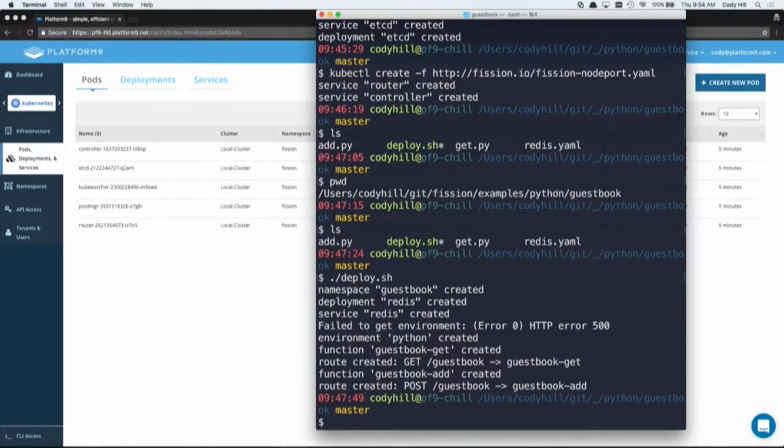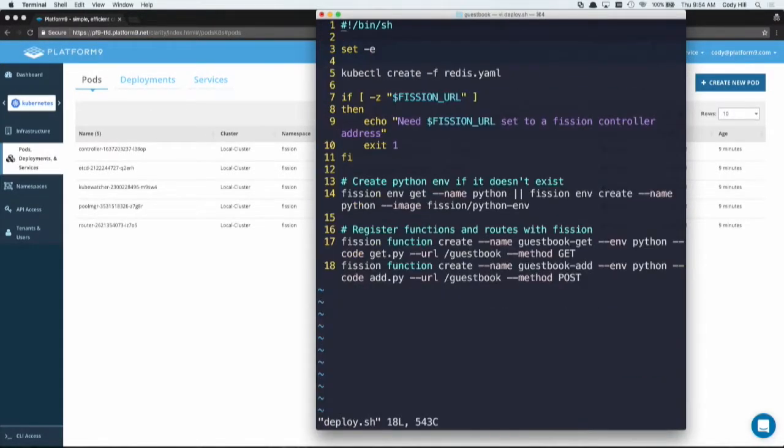Fission. So you don't need to really know Kubernetes at all to get Fission up and running, right? So there's a Fission command line tool. So if I actually vi that deploy script, you can see that we did some Kubernetes stuff earlier to deploy our Redis cluster, just because we needed some Redis inside of Kubernetes.